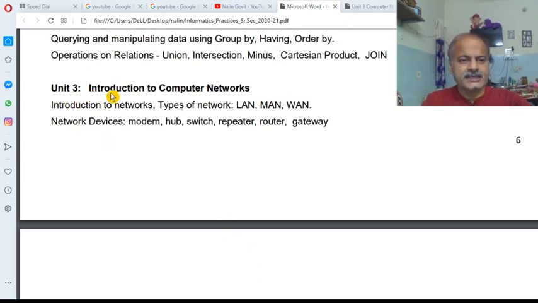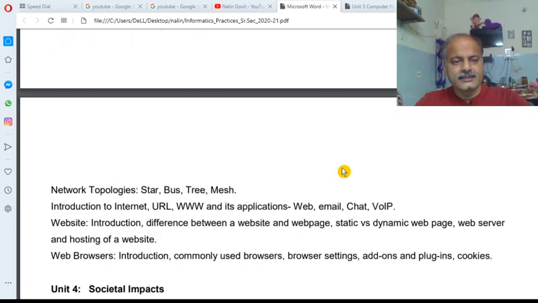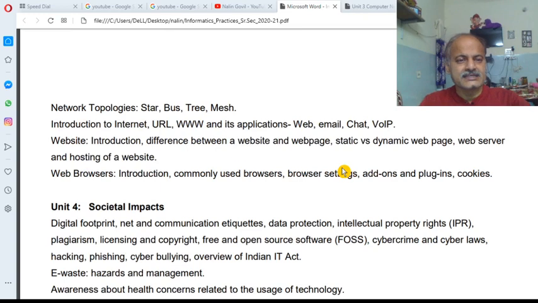So unit 3, introduction to computer network. I have covered the introduction to network, types of network, LAN, MAN. After that, the network devices like the modem, hub, switch, repeater, router, and the gateway. And the network topologies star, bus, tree, and mesh have been completed.